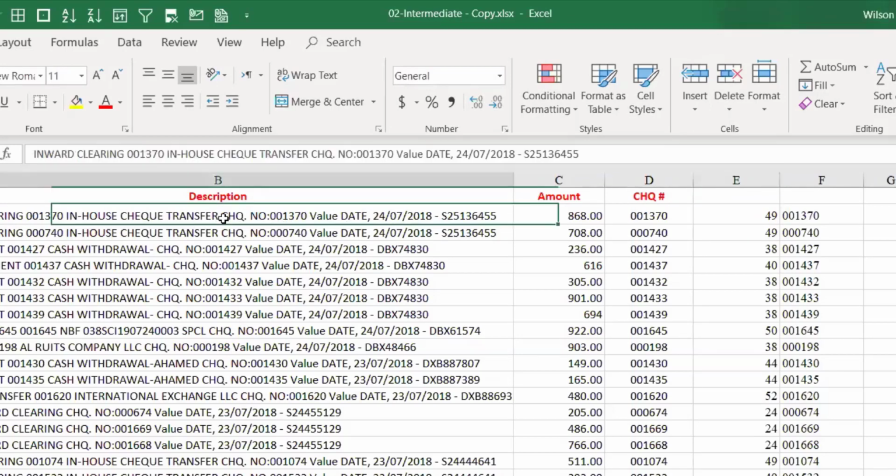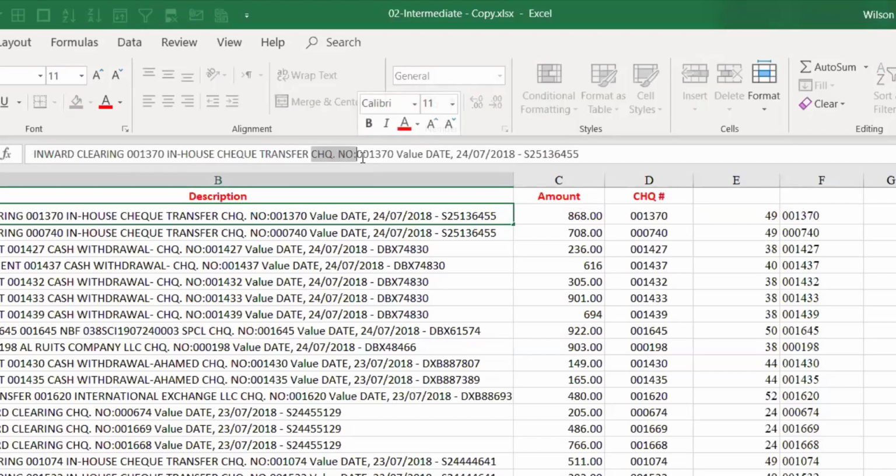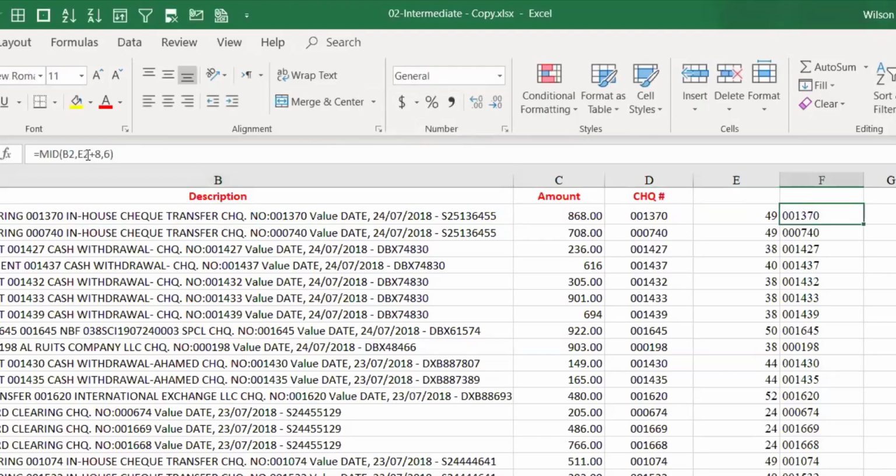From 49 we have to add this many characters again, the CHQ, NO and the dot. So this is our 8 characters. We add it so 49 becomes 49 plus 8, and we get that position, and the 6 characters from here give the check number.